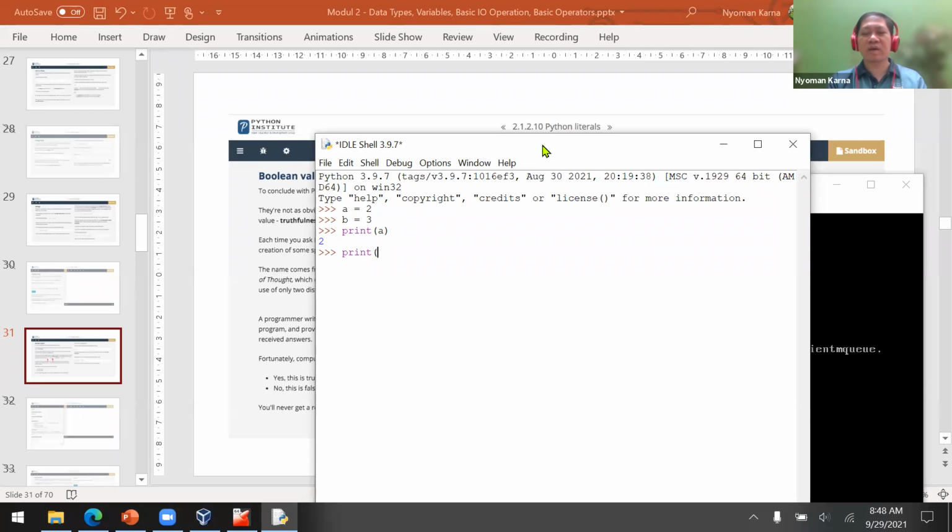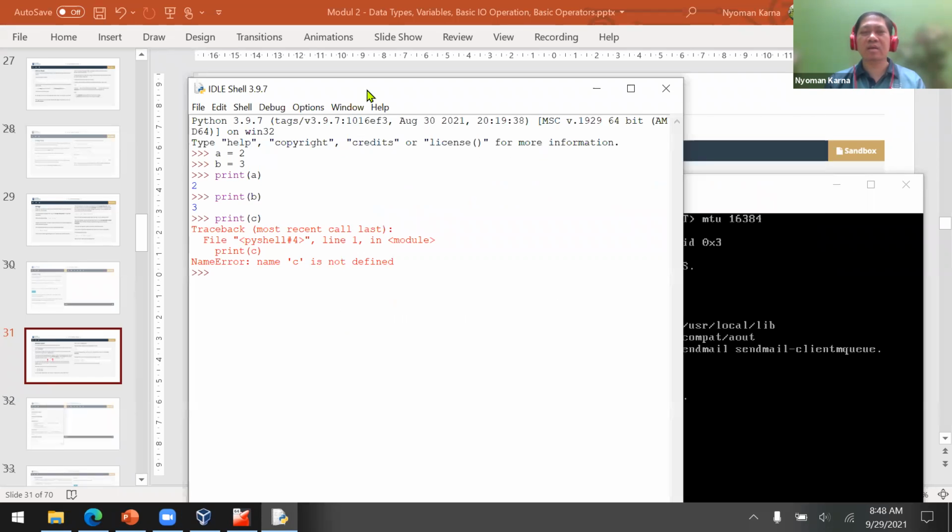And also, if I print b, then it will print 3. However, if I put c in here, it will give an error. I don't have a variable called c in my memory. Are you sure you typed it right? So this is what we call an interpreter. Whenever we want Python to run a program, we just type the script, the program, and then run it.